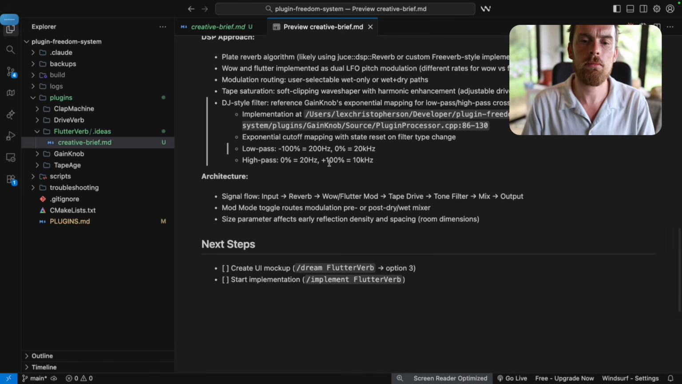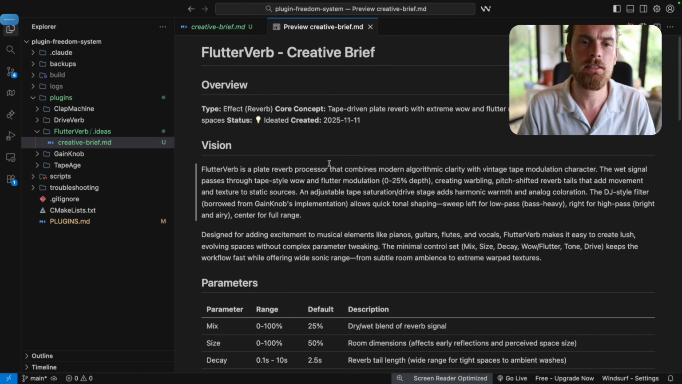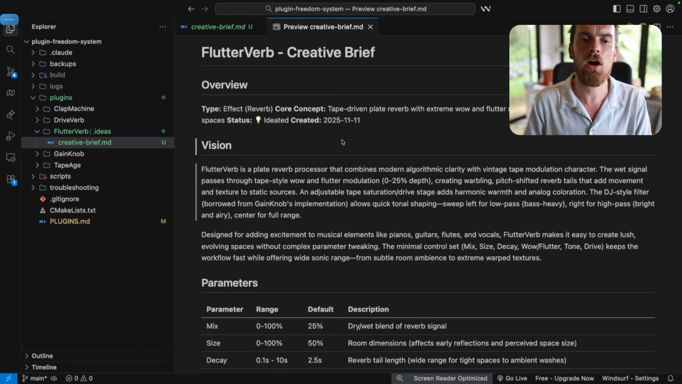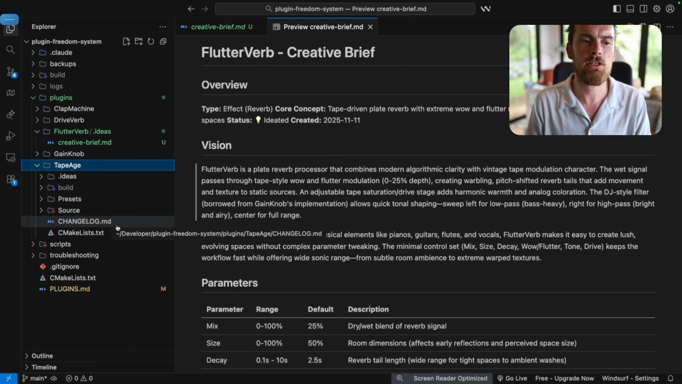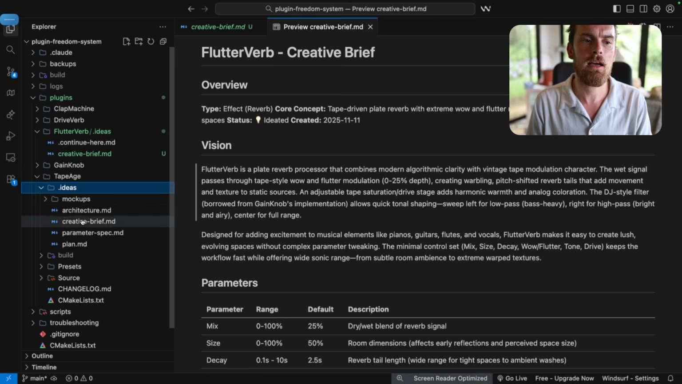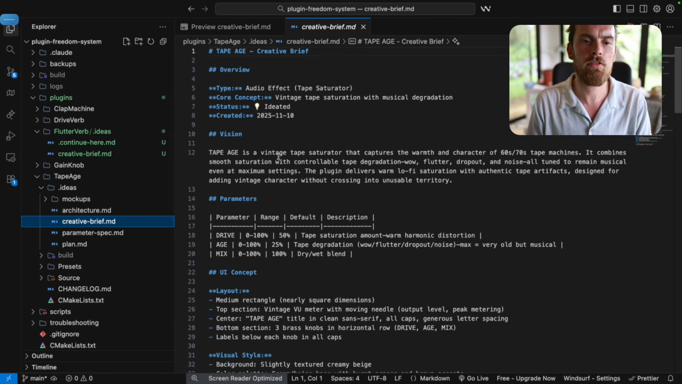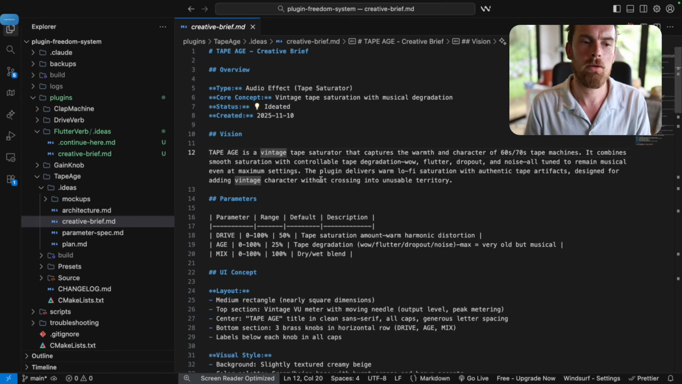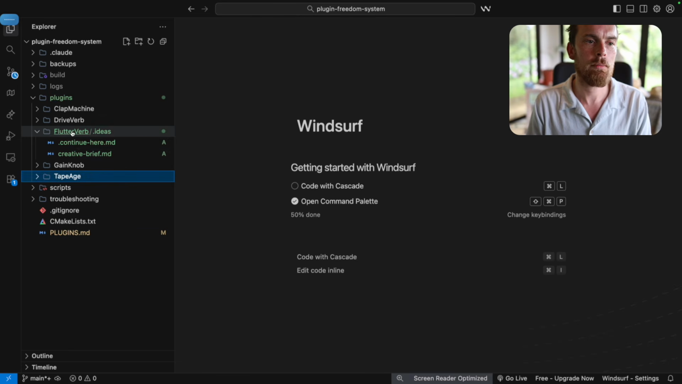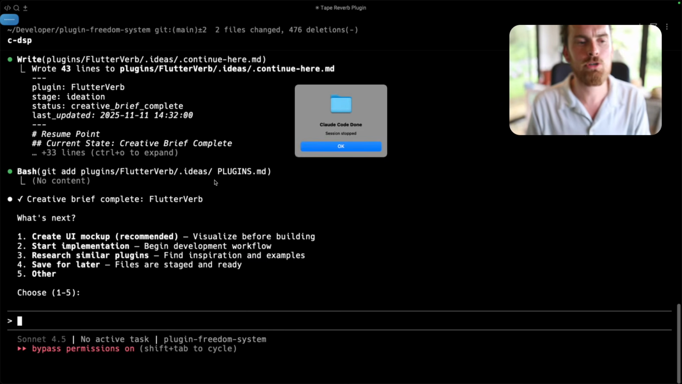Again, all of this stuff is going to be improved upon at these later dates, but this creative brief is the jumping off point. And you'll notice that for every plugin, so let's go into Tape Age here, the ideas creative brief file follows exactly the same formula. So that's just to point that out. I'm going to close this up for a second. You can see it's also now created, this is crucial, so cool,